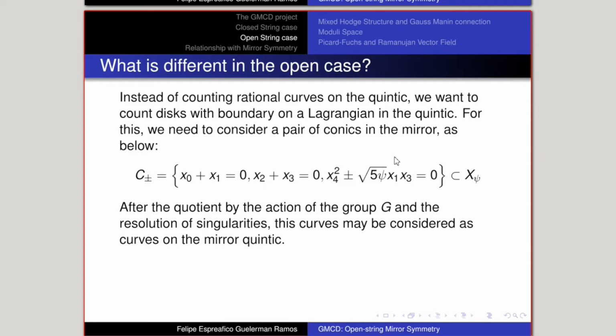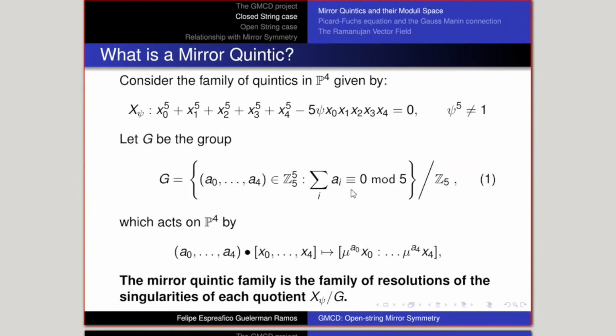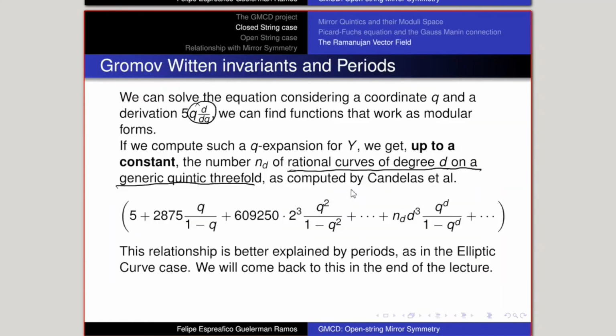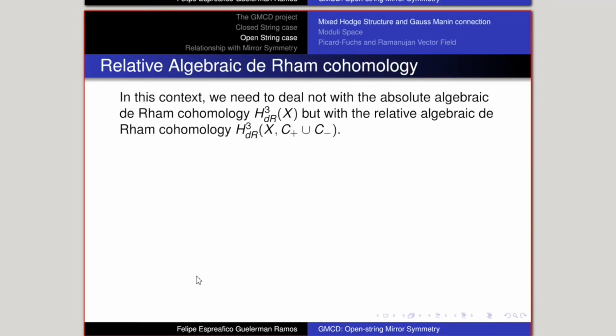These two conics on the mirror quintic are given by equations, and after acting by that group G and considering the resolution of singularities, we can see these equations are inducing two rational curves on the mirror quintic. So the idea is that instead of considering the absolute algebraic de Rham homology, we need to consider